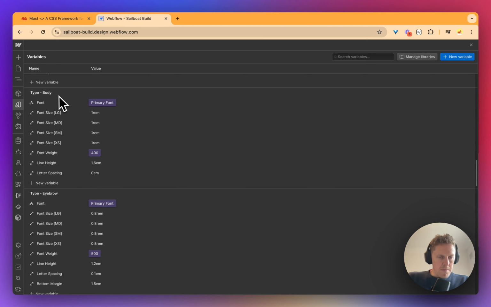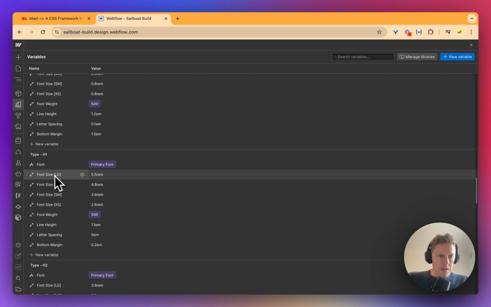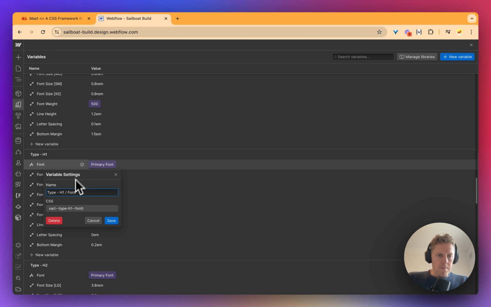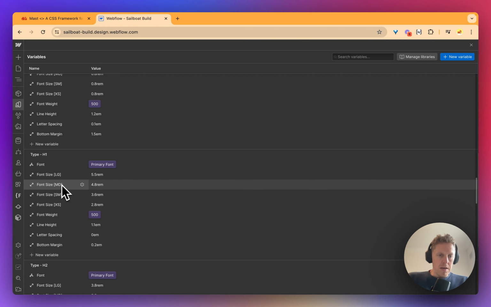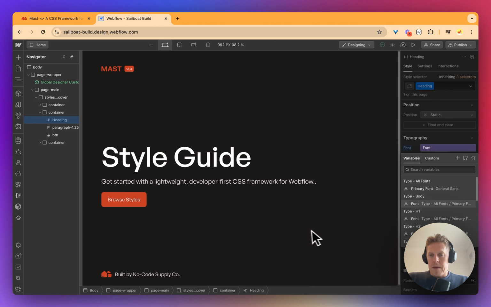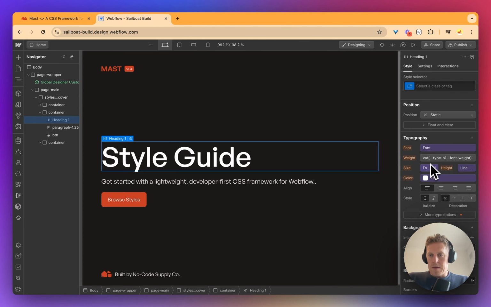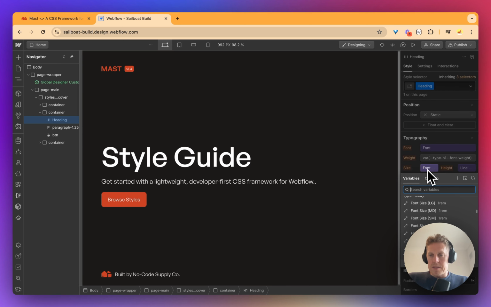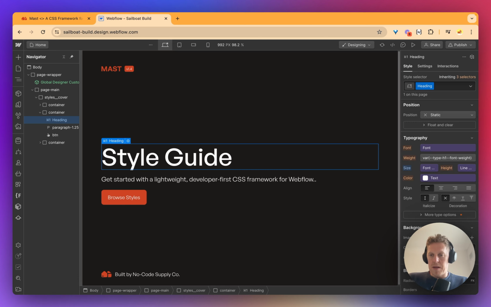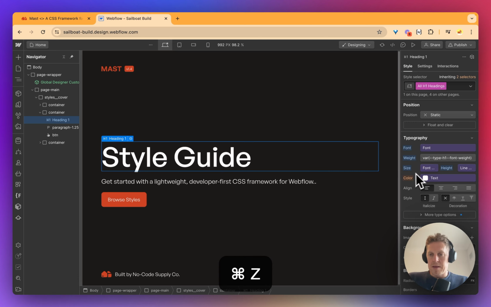Where is it? Type body, type eyebrow, type H1, and that's why it's called font. So what it's showing is font, but I don't know. And then it's got font size LG, MD, so these are all font sizes. But because we know in here the size, we can't see that. Although that is large, if we change it to medium, we can't see that happening in there because it's not